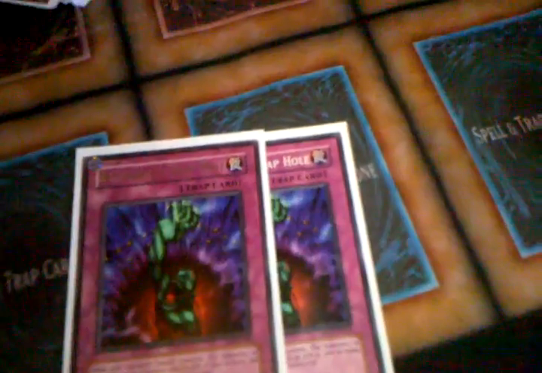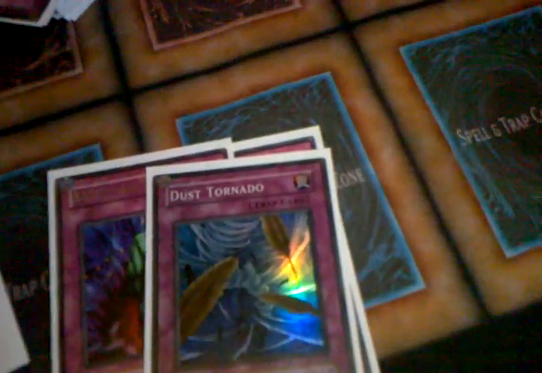Yeah, pretty self-explanatory. Bottomless, obviously. Dust. Dust lets you hit backfield and go for game. And